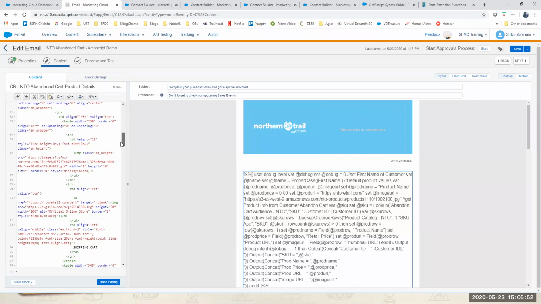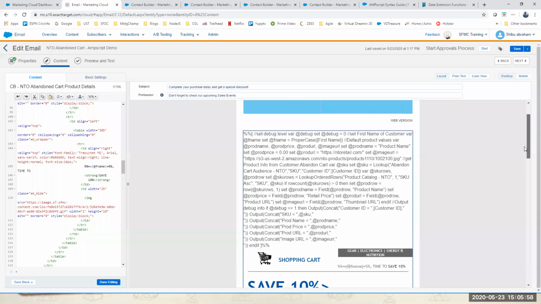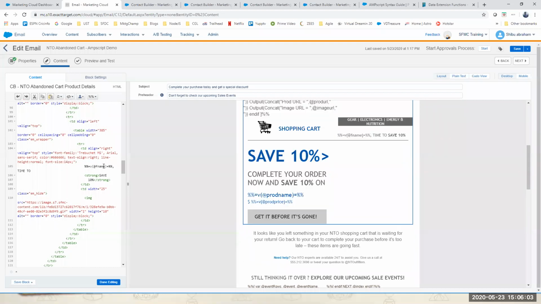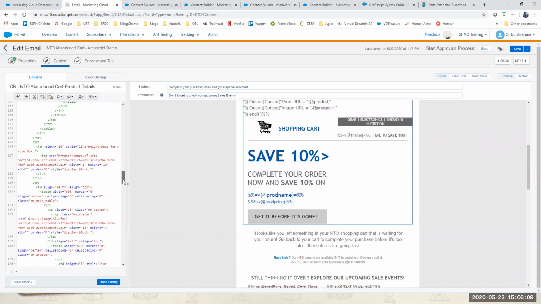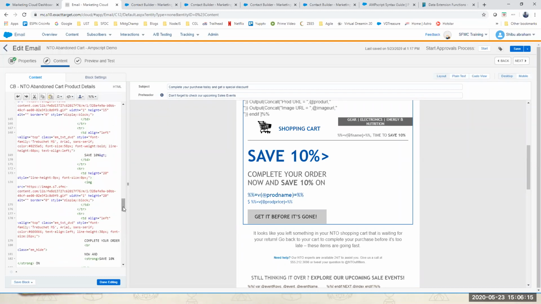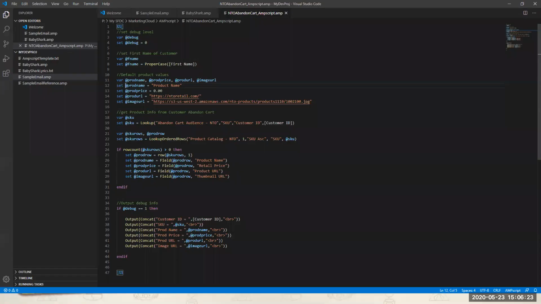So inside the email, inside the HTML, I have to go and find out where those variables are supposed to be referred. You will see here the first name is here, right? I change that to v of f name. And wherever I see the prod name, prod price, I need to go set those values. The variables that I've declared, I need to set those inline values over here. Then using the default values that I've set, I will test it first without even doing a lookup. That is how you need to test. If you have made any problem in using those inline or default variables, immediately you will know before you even start retrieving the actual data from the data extension.